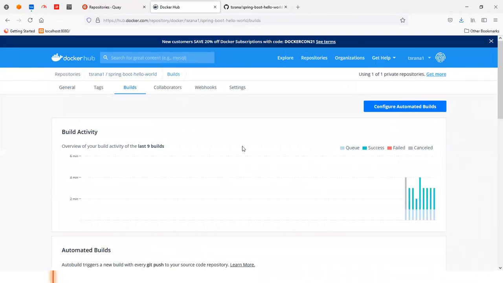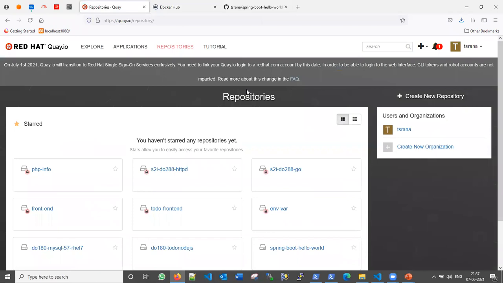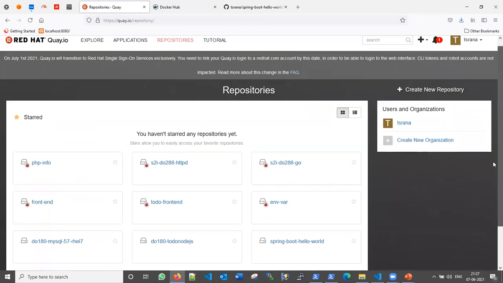Because it is a private repository, we also need to create a secret in the cluster environment to pull this image. The second repository we are going to use is quay.io. It is the Red Hat one and also a very popular image repository.